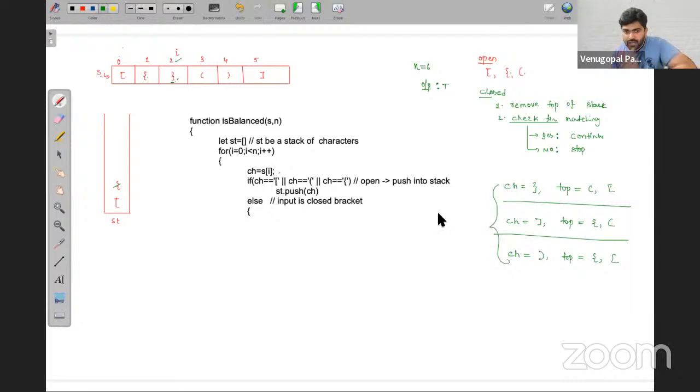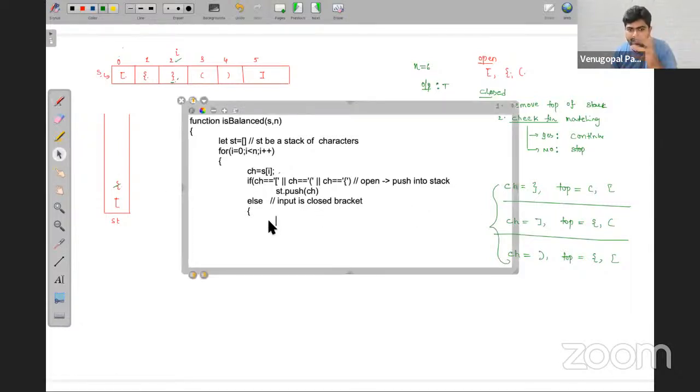Okay, now let's try to write same things here. Let's first, I should have written like this, then now it can be easily converted here. Now if your CH is equal to this one, first I'm writing case 1, and your top is equal to, let's say, any one of these two.